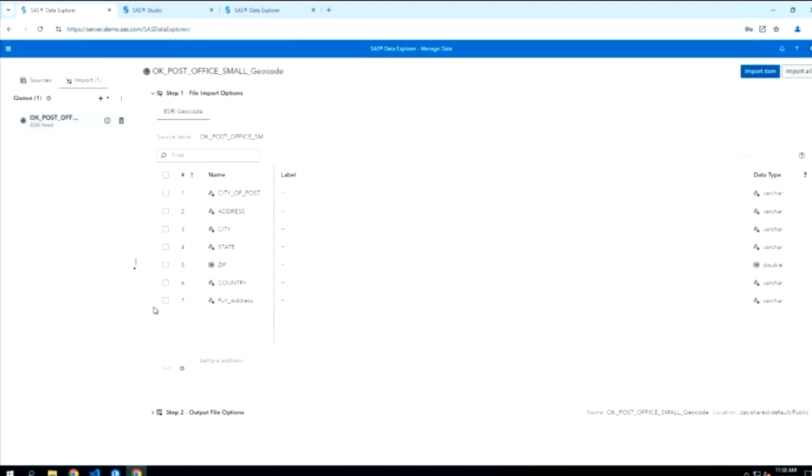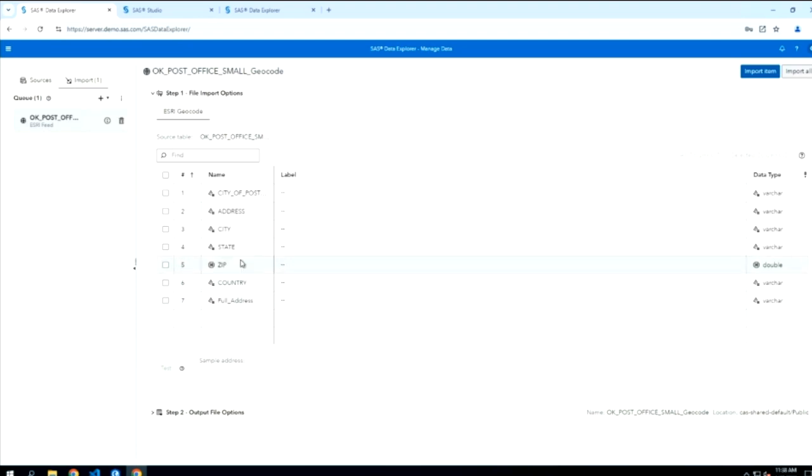And then it will bring me this Configure Geocode Settings page. And there's 2 steps here. So the first step is where I will select the columns that I want to use to geocode the input data, and then step 2 as well, I'll configure options that I want for my output data.